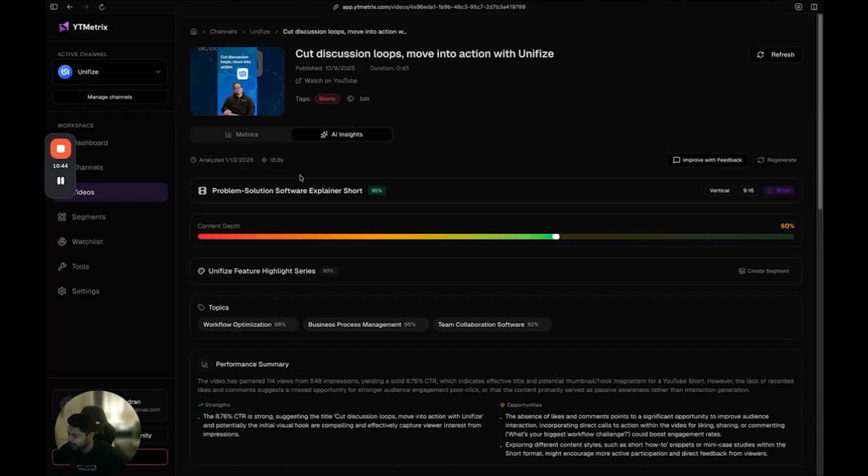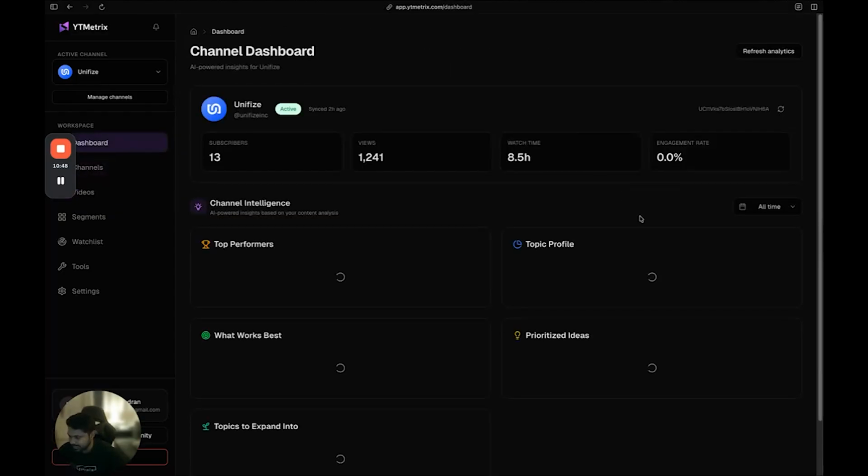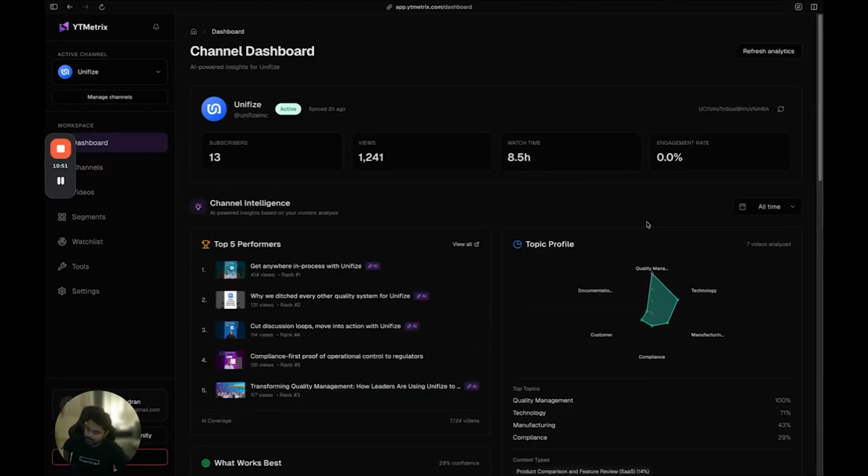you previously. Now, the other thing that I want to show you is the main dashboard, which is an aggregation of all the different metrics across your videos. So basically, at a glance, it shows you the top 5 performing videos. The videos with the AI badge have AI insights that are enriching the information, and they are also embedded with vector embeddings. So they are readily available for AI generated semantic insights.